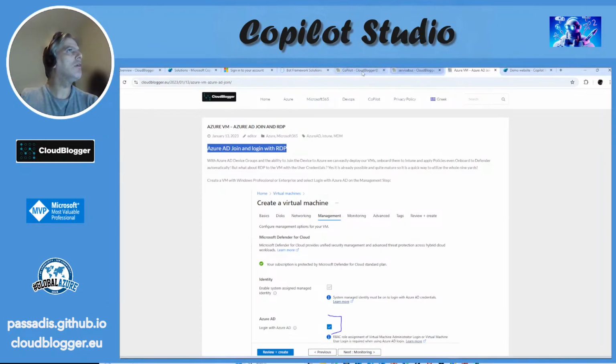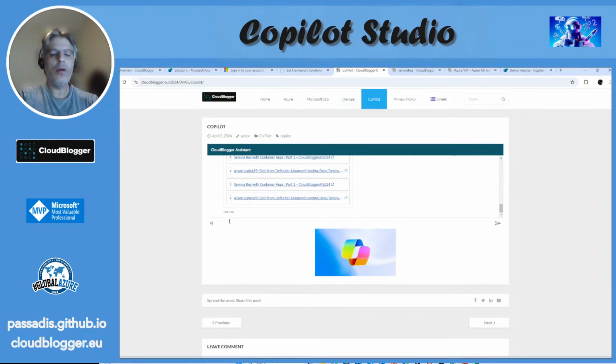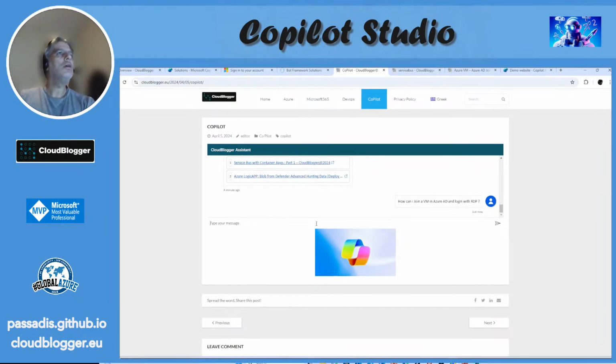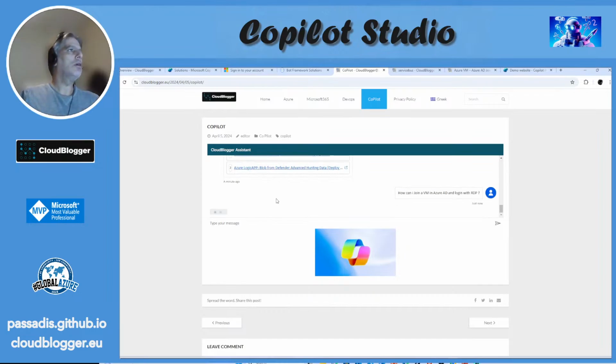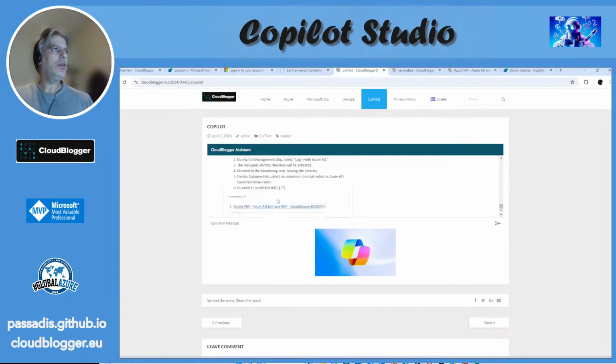See if we will be able to answer this: how can I join a VM in Azure AD and log in with RDP? Let's see if we will be able to construct the answer to this. Yes,